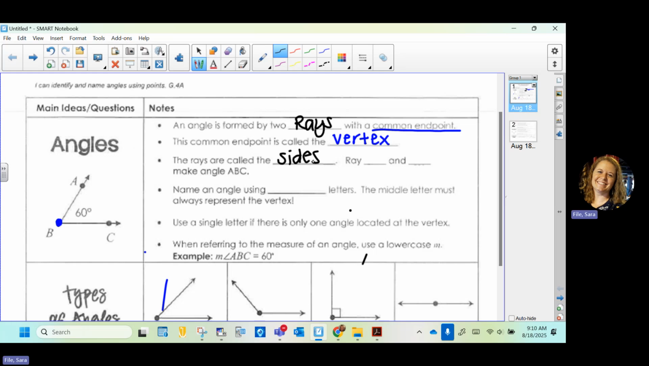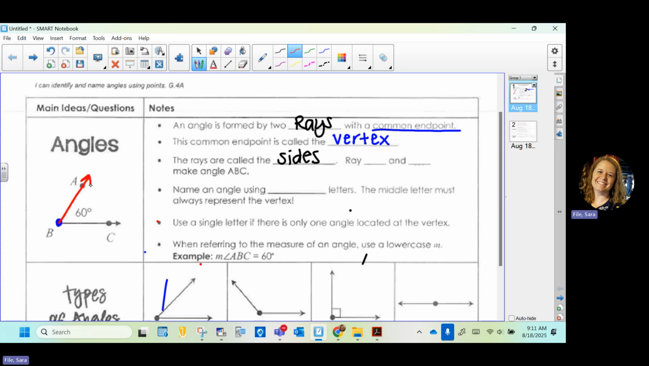Okay, and then we name the rays like we did last week. Okay, what would this one in red be called? So it's definitely got B and A on it. I heard AB and I heard B, I heard A, I heard BA. Who remembers the rules for naming a ray? Yes. It starts with the endpoint, and